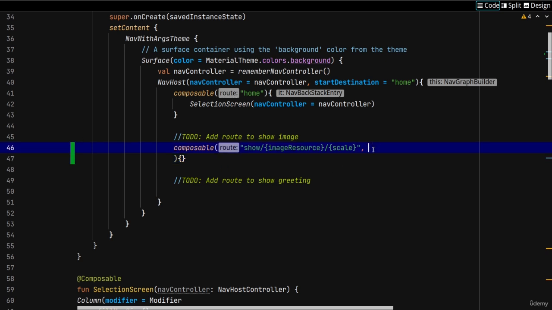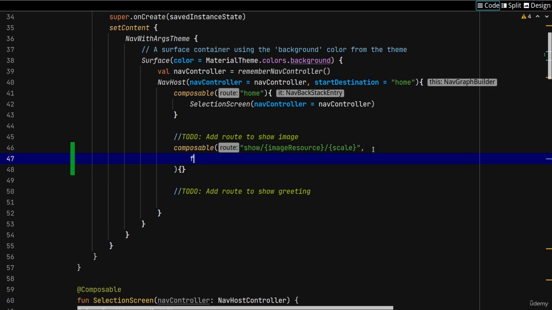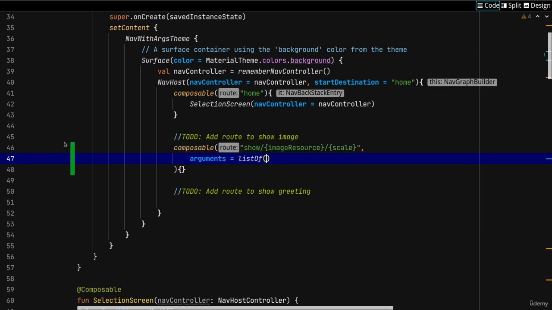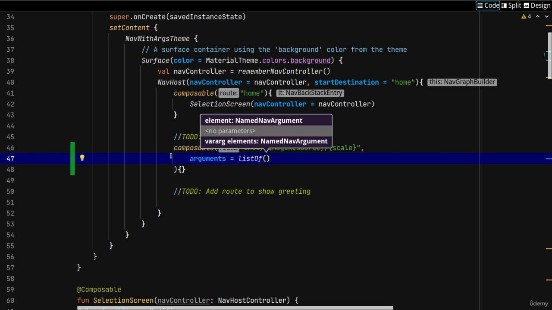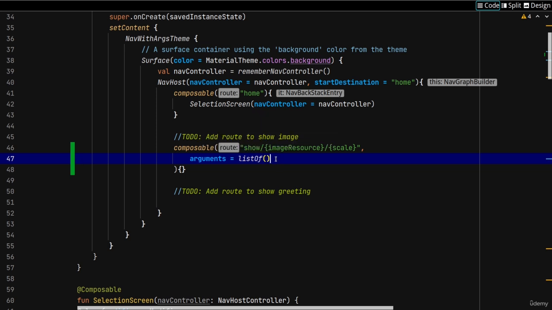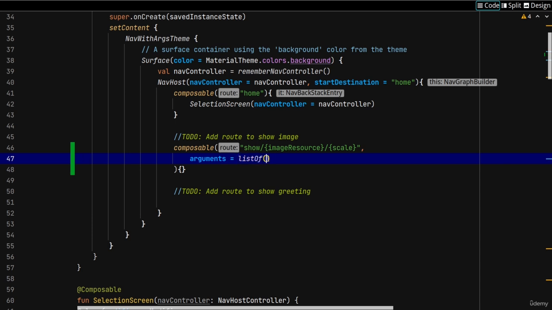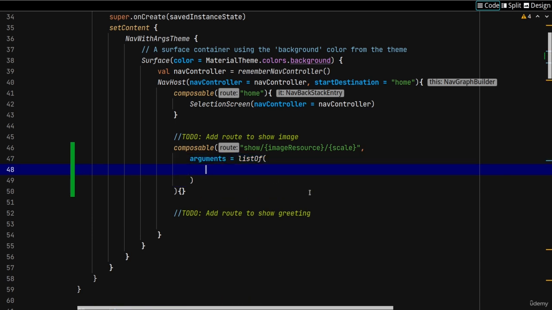And here the second argument for this composable is the list of arguments, as you can see from the Android Studio hint. Here I use listOf because I need to specify the list of arguments, and then navArgument,